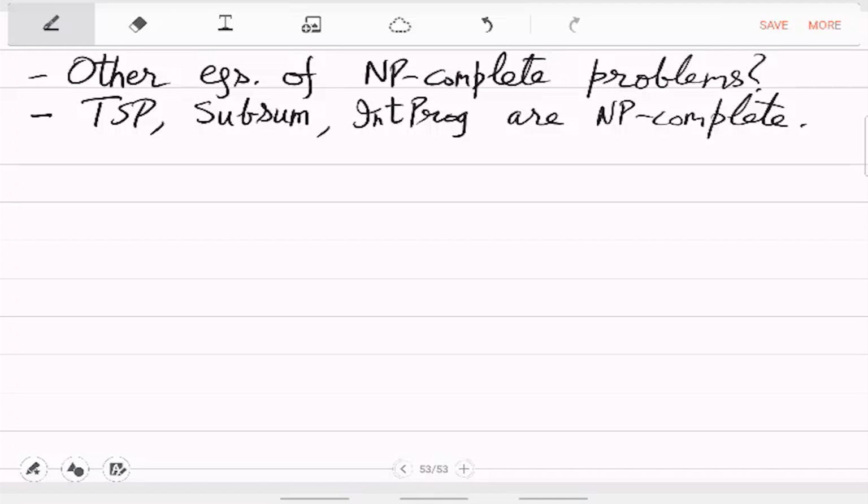How do you show them NP-complete? First, you see that they are in NP. That's easy. Next, you have to reduce from 3 SAT to TSP, to subset sum, to integer programming. Okay, so for every reduction you have to work hard. Reductions may not be very easy to come by. So we will not do all these reductions in this course. We will do some simple ones. But you can read these reductions off the literature. It's not important for this course,